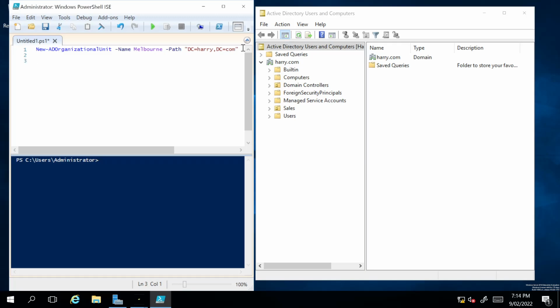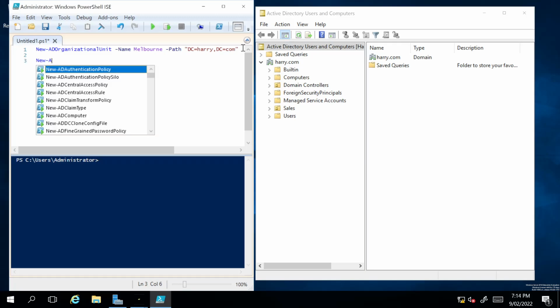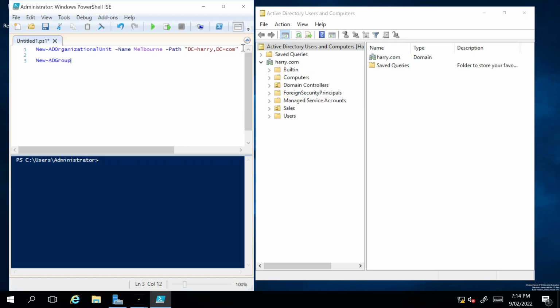Then the next step is we'll create a new Active Directory group. What should we call it? We'll call it Melbourne folders. So we can create a folder where certain members of the OU group can have access to this particular folder. Okay, so then, what should we do in that scenario? Yep, so new Active Directory group,